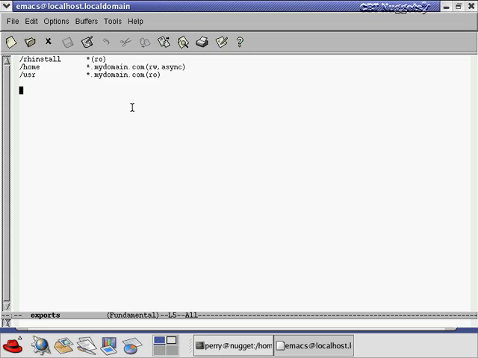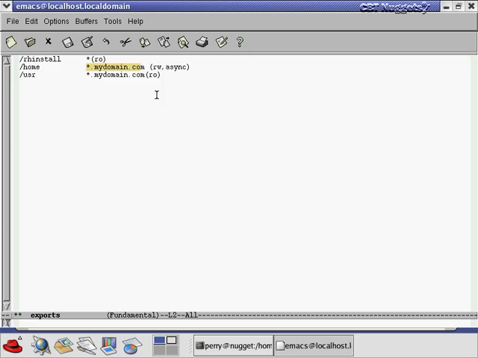Now, one of the things you have to be careful of here is, say you wanted read-write access for all the machines in mydomain.com, but say I put a space in there. Say the parenthesis didn't run right up to that. Well, now this is going to have unintended bad results. What's going to happen here is, because I put this space in,